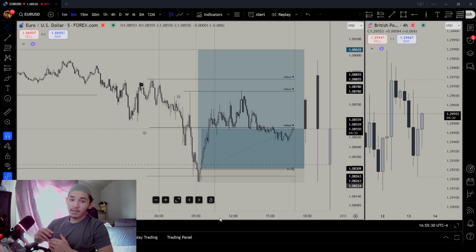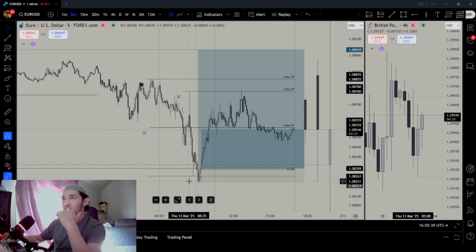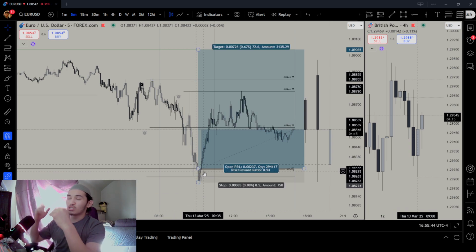Because usually, if I were to risk, let's just say 2%, let's say it hits stop loss, right? And on the higher time frame, my daily, I have a two-way bias. I have a bullish bias and a bearish bias, and I'm deciding where I should go. The 4-hour time frame gave me the actual bias here, which was bullish because it had more narrative and made more sense, primarily because of the range, which made the most sense for me to take this long trade.